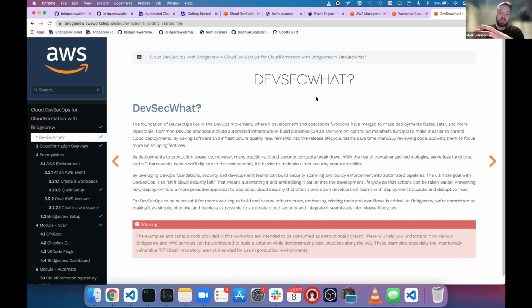When teams start moving quickly, which they need to, through automation, doing more with less, we generally find that security,